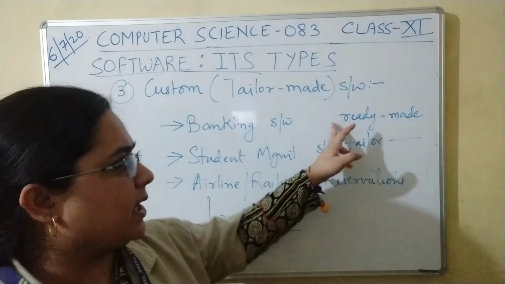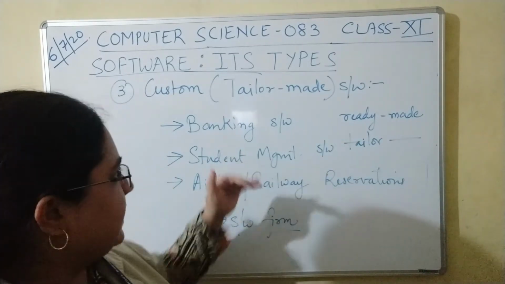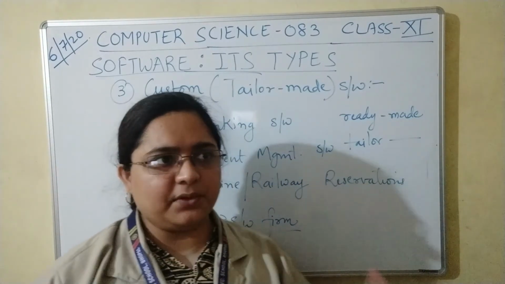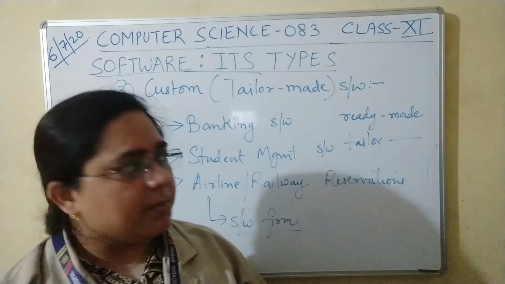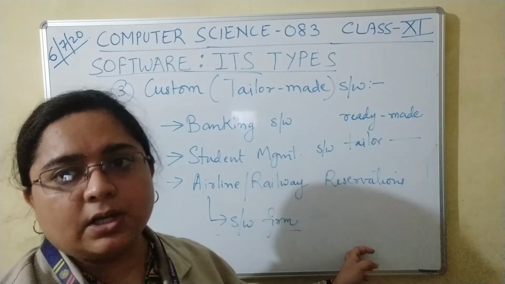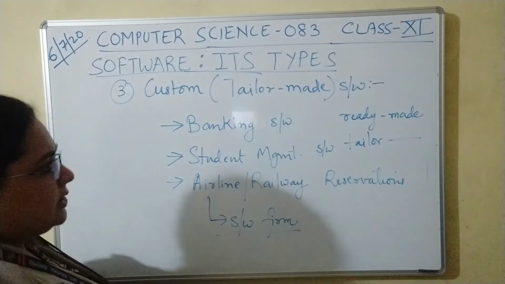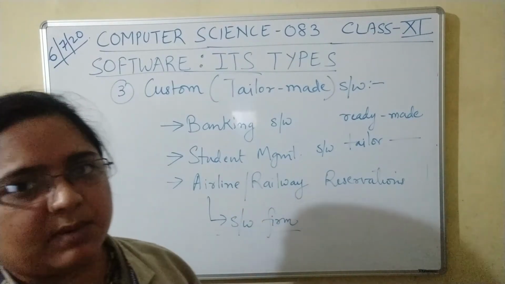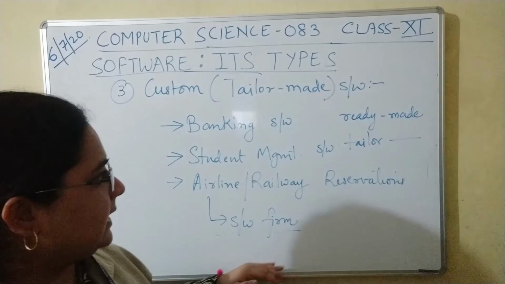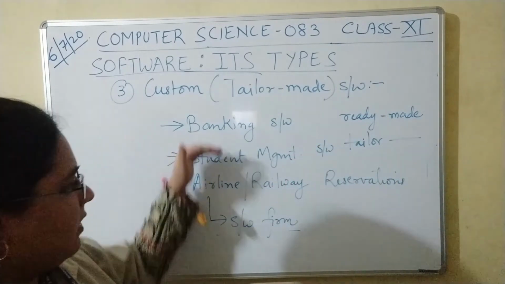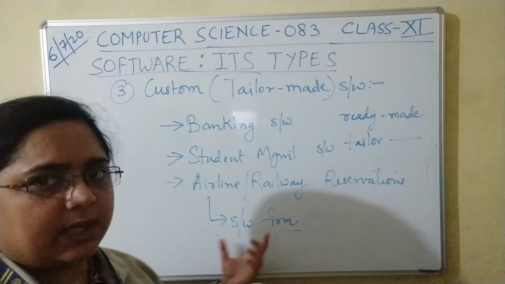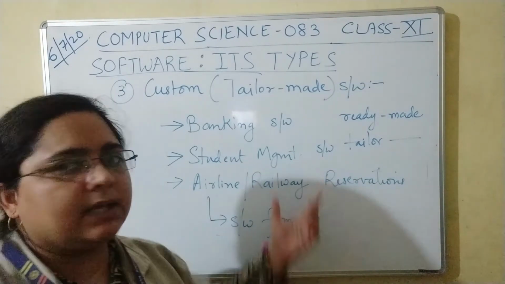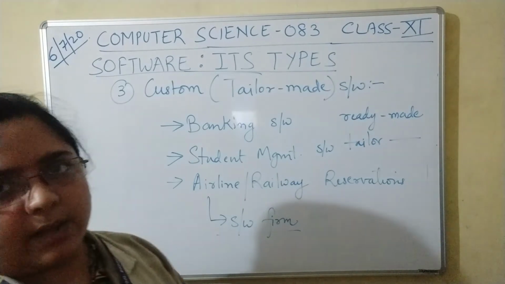So when we talk about ready-made software, nowadays many of these softwares are also available as general purpose software, that is, if you want you can download it and use it, but you will have to pay some money for using that. Now application softwares also, not all are free of cost, some are free of cost and some are paid. So we will discuss that later. So here also you can see all these types of softwares, you need to contact a software firm for that, and that software firm will tailor make the software according to your requirements.